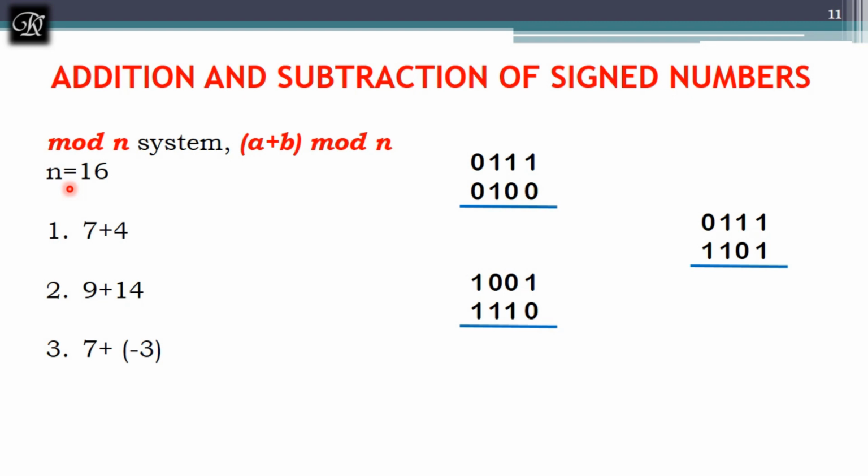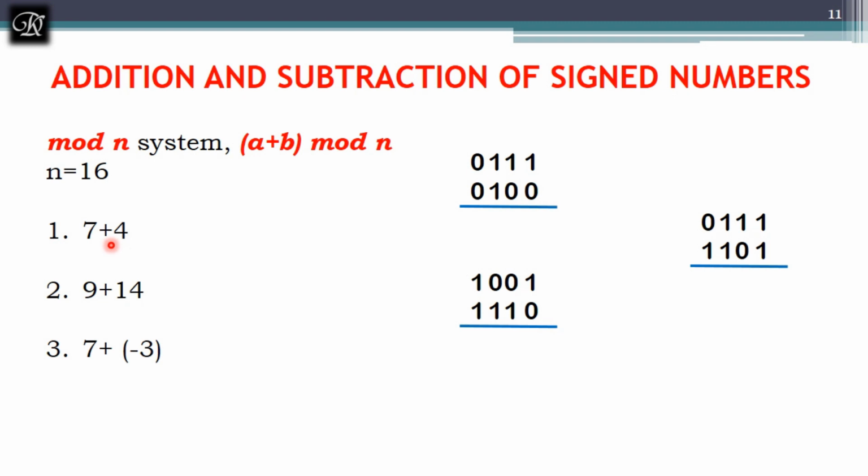Then what we do is set the limit. If you cross it, we find the modulus of it and bring you back within those values, because there are a fixed number of bits reserved for each operation. If you exceed those bits, you will not get an exact value, which we call an overflow, and you get what we call a garbage value. It is not that you cannot store it; it is because a mod system is applied on it. Let's see how to add 7 and 4.